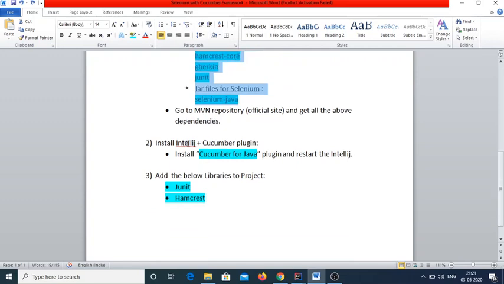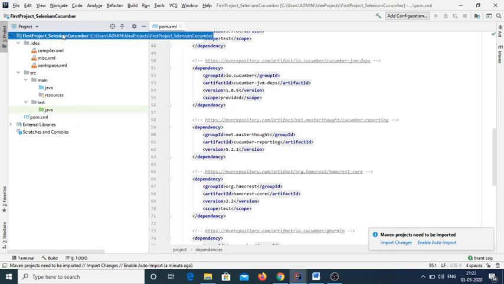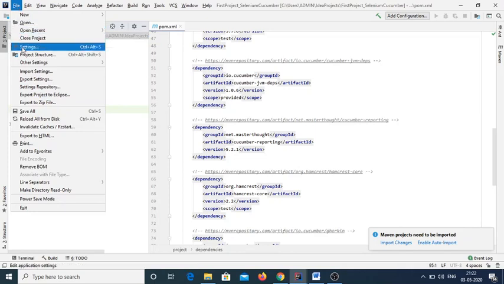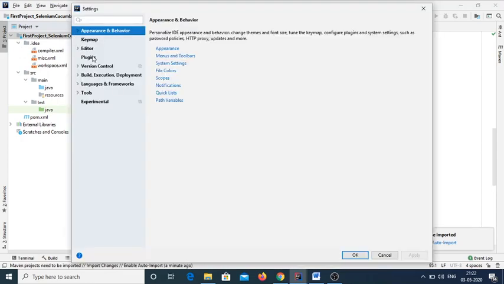Now the second step: install the Cucumber for Java plugin and restart IntelliJ. Just go to IntelliJ, open the project. Now click on the project. Don't forget to click on File, go to Settings, then go to Plugins.